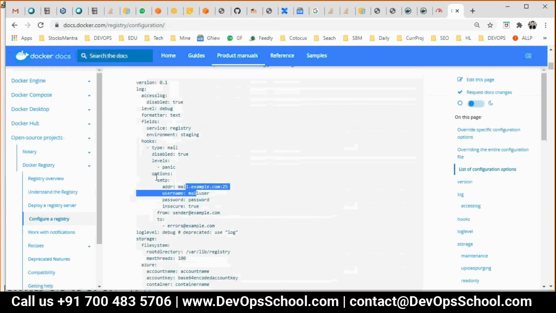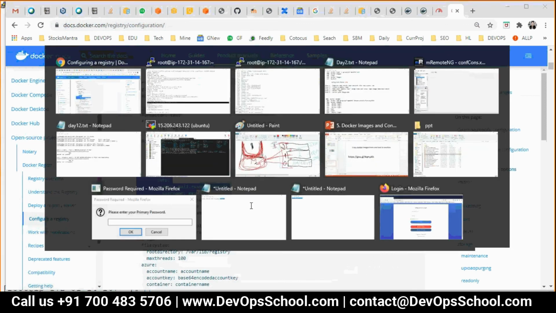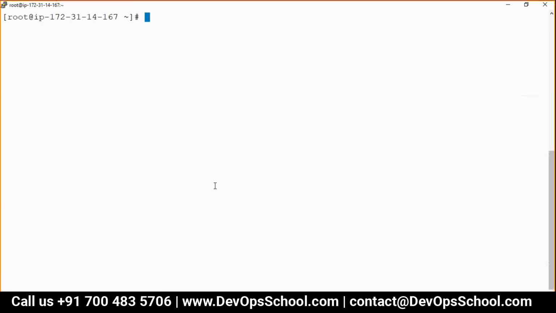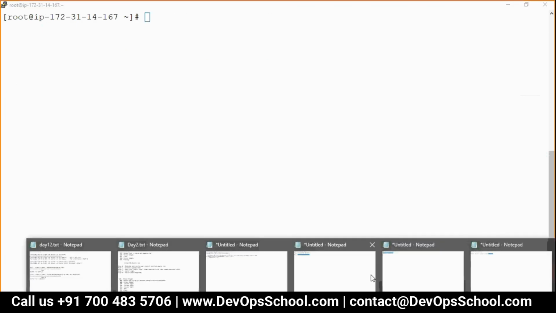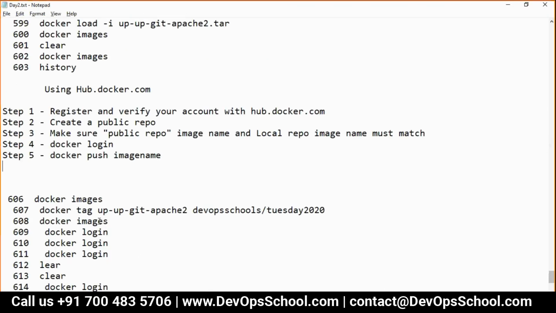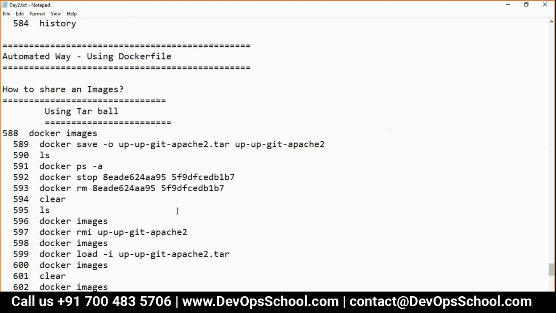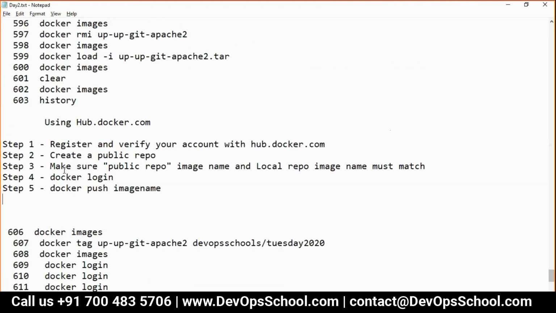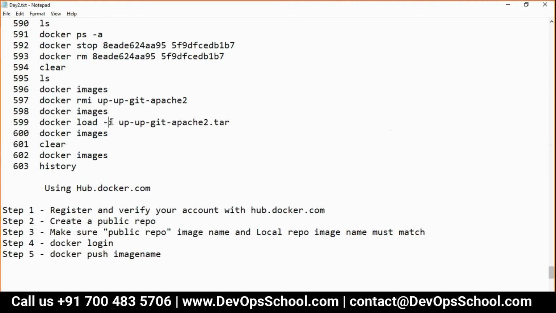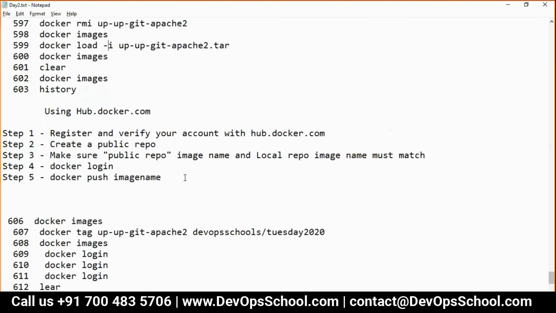Okay, thanks, Rajesh. So guys, this is the way you can share an image. Now, I would like you to do the same thing. Create a tarball, understand the tarball. You can extract and see what contents you have. And then you follow these steps using Docker Hub.